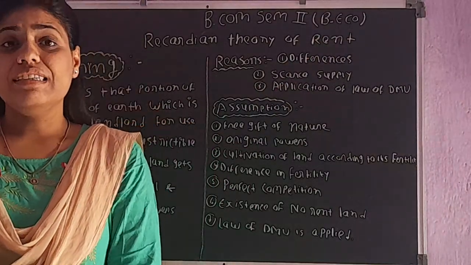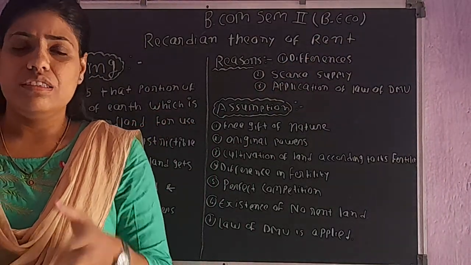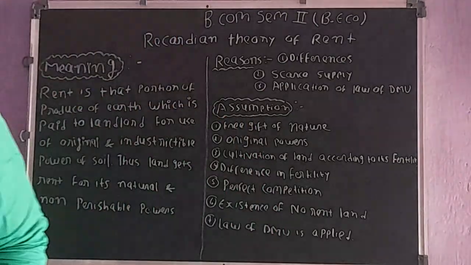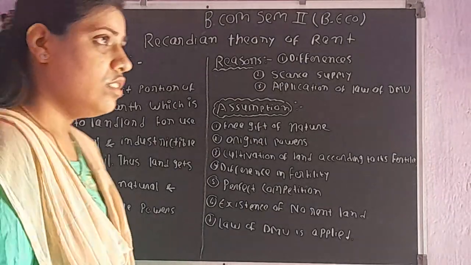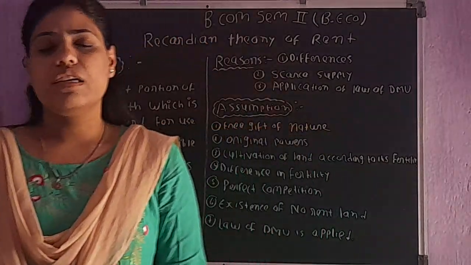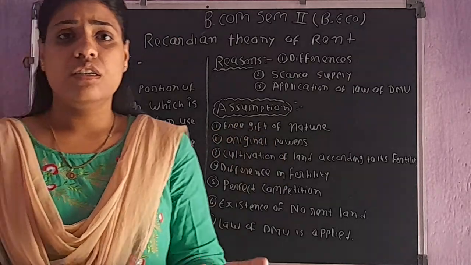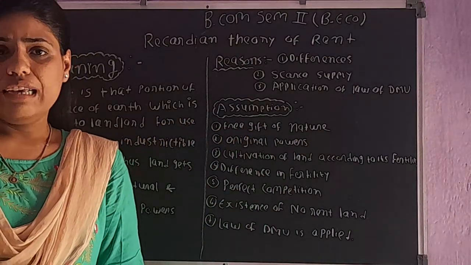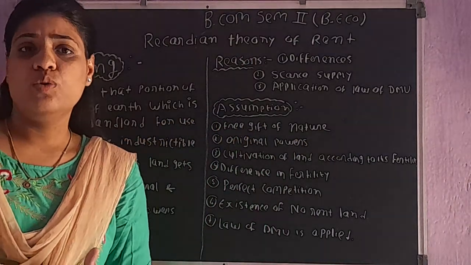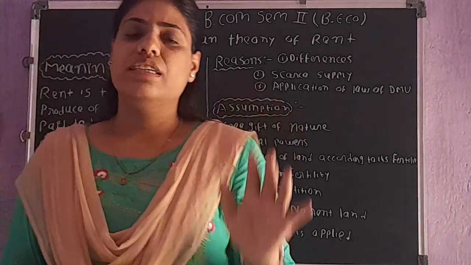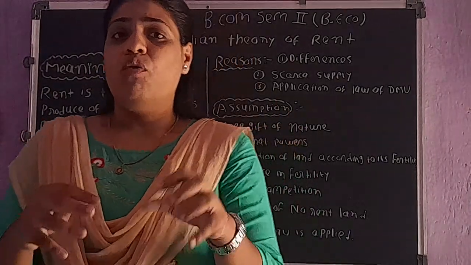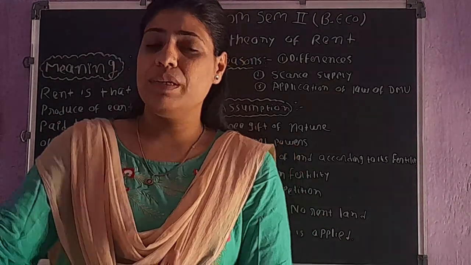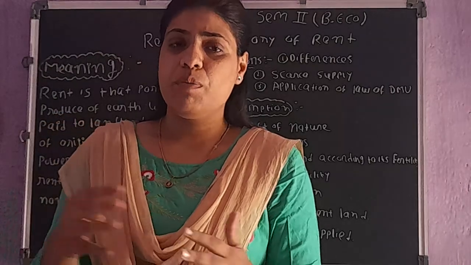Before understanding this theory, if I ask you in a general sense what is rent, what would be the answer? For example, there is Mr. A who is running his coaching classes. He does not have his own space or room where he can run the classes. So from Mr. B, he has taken a land, a room, a space where he can conduct the lectures. For making use of the space, it has been let out by Mr. B to Mr. A.